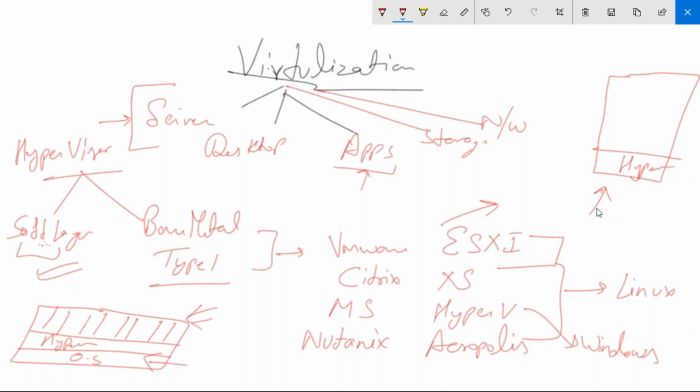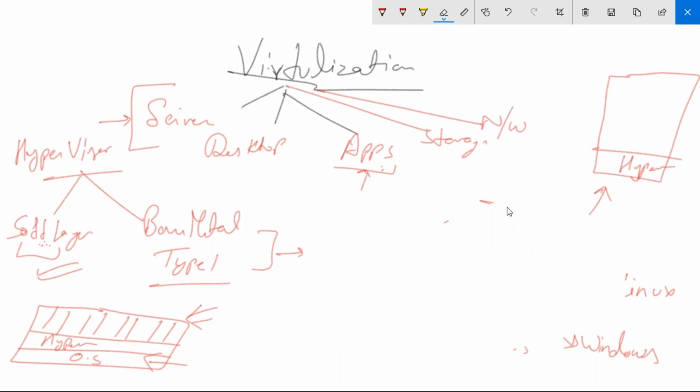Now, if we go more in depth, then the question comes of how this hypervisor works when we don't have any base OS. That is the part we have to discuss in detail in the training. After this, we have application virtualization in the picture. And when we say application virtualization, the major player, or I would say a monopoly in the market, is